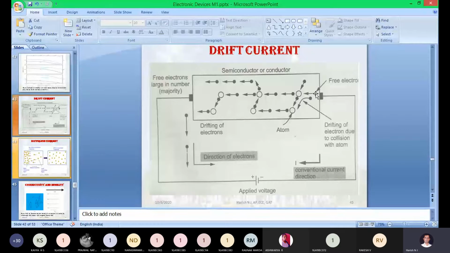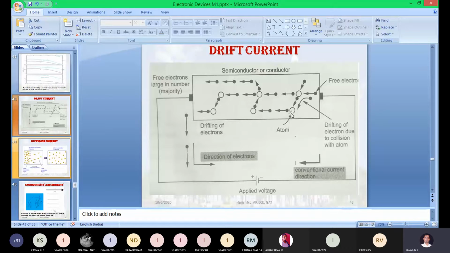This electron initially starts moving towards the positive terminal of the power supply when we apply V equal to 10 volt. But unfortunately, while moving in its path, there is an atom, and this electron will collide with the atom. After the collision, just check how the direction of the electron changes. It may start moving upward, or downward, or it may even take the reverse direction due to the collision.